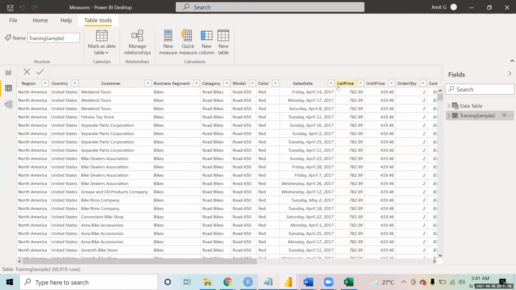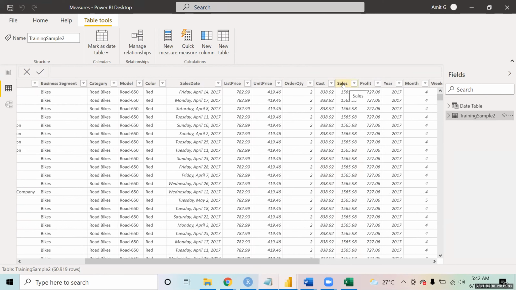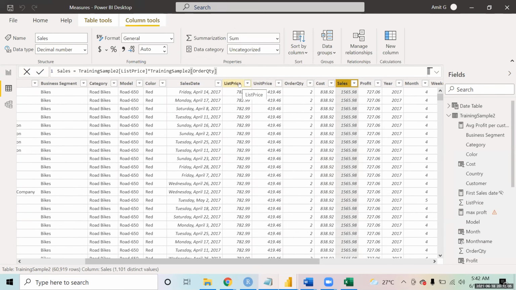Now if you make a new measure, in the sum you cannot give that calculation. If I don't make the column of sales and simply say inside it that I want the multiplication of list price into order quantity, I can't give that calculation inside that sum formula.